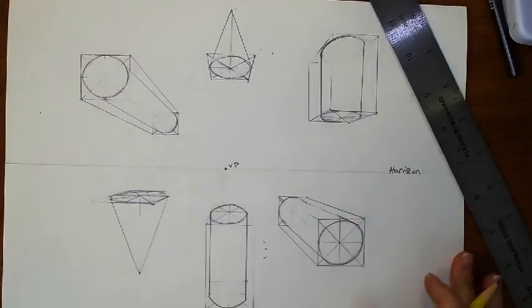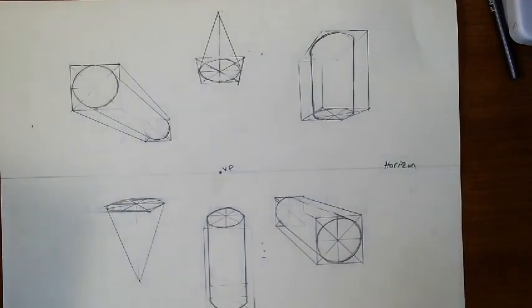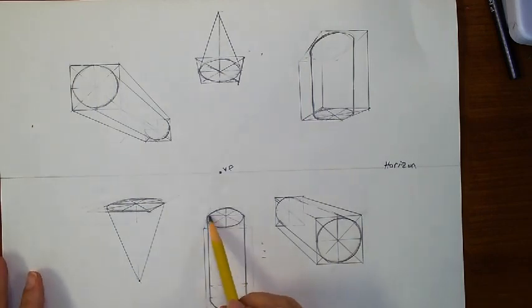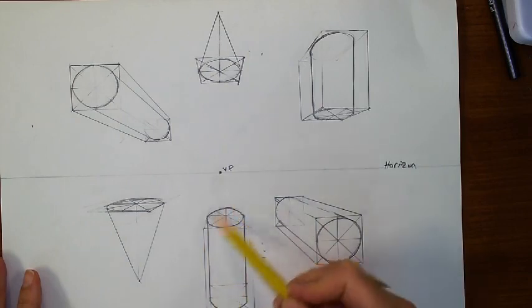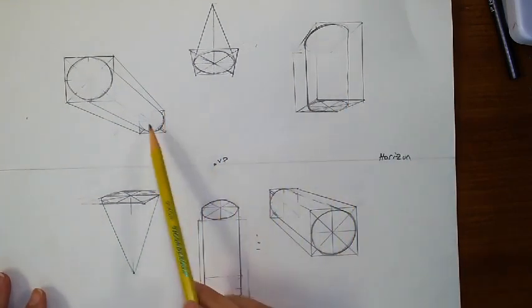Alright, guys, this video is going to help walk you through what you need to do for a 2-point perspective assignment. Some of you already practiced this, but it needs to be done correctly. So if you did not do it correctly, you have an opportunity to do it now. We'll be drawing all of your lines to the vanishing point and doing 2 horizontal, you can put them anywhere you want,